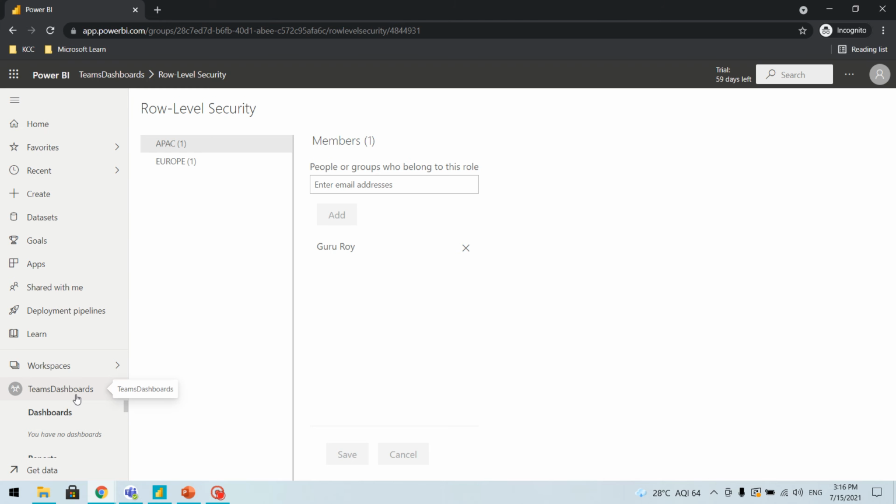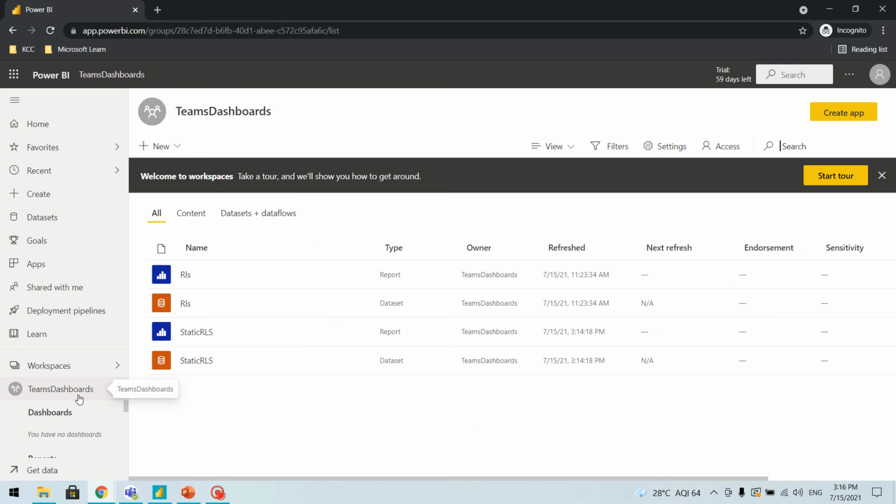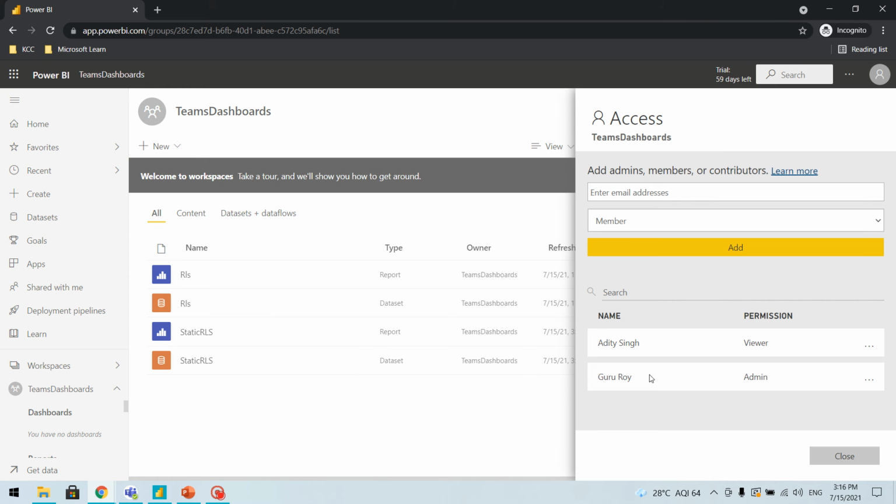Now you have to go to this workspace, and in workspace access you can see this is showing as admin, and that's why I will be able to see everything. But the users whom you want to have access as row level security users, you'll have to give viewer permission, so that they do not get access to the complete data.